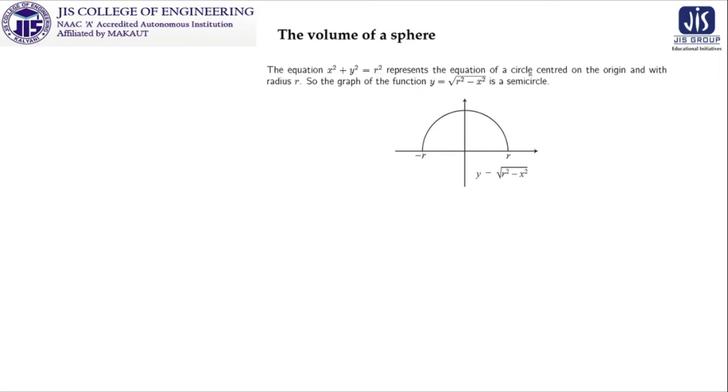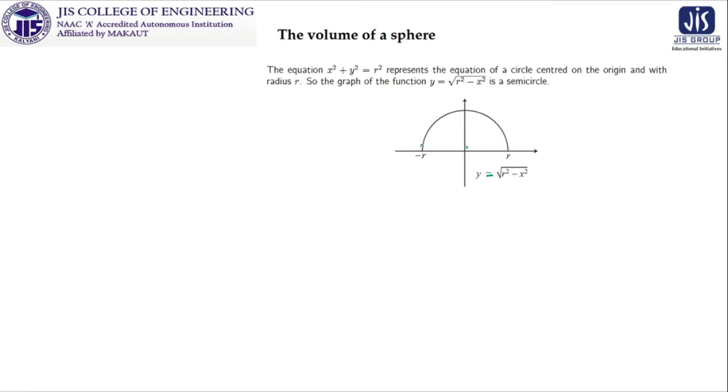This represents the equation of a circle centered at origin and radius r. So what we can write, so the graph of the function y is equal to, because we need y square, so we have to represent this expression in terms of y equal to f(x). So we can write it as y equal to root over r square minus x square, that is the semicircle,